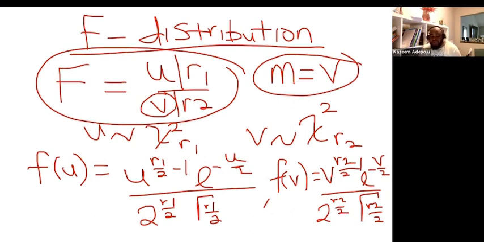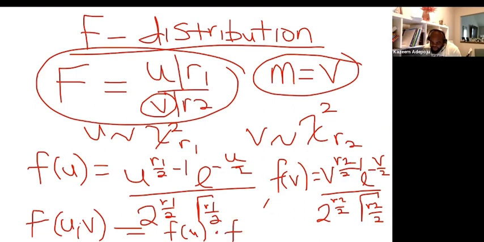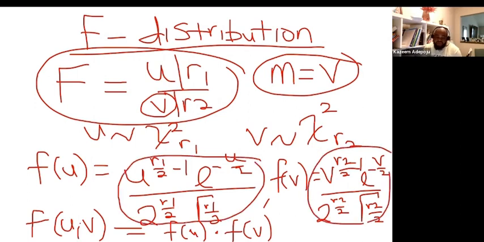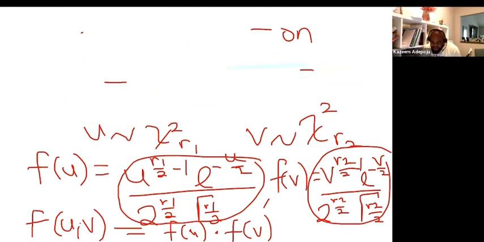We're told that u and v are independent chi-squared. Since they're independent chi-squared, I need a joint for f of u and v, which is going to be f of u multiplied by f of v. I'm multiplying this with this. That's what I want to do now, because u and v are independent chi-squared. So when you multiply that,